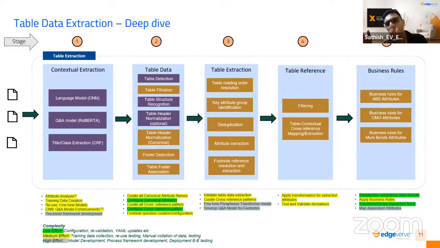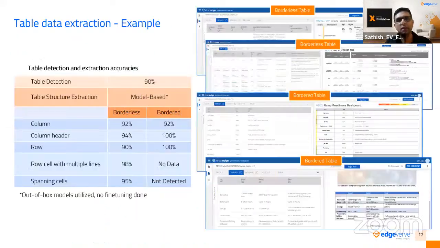And we even go to the point where we filter and narrow down the table to say that only these relevant tables out of the 100 tables in the document. 100 is an exaggeration. About 4, 5, 6 tables in a specific document are used for the transformation, for that specific identification as well.